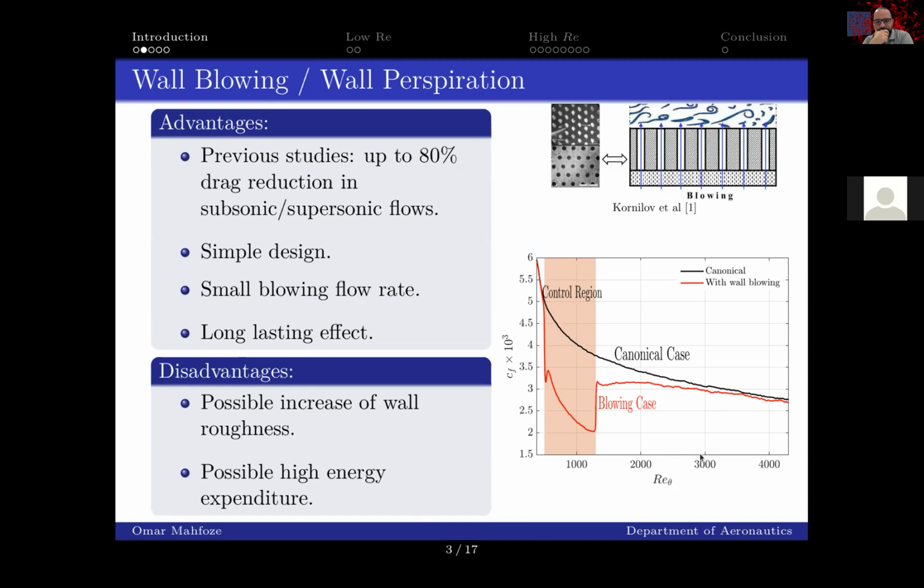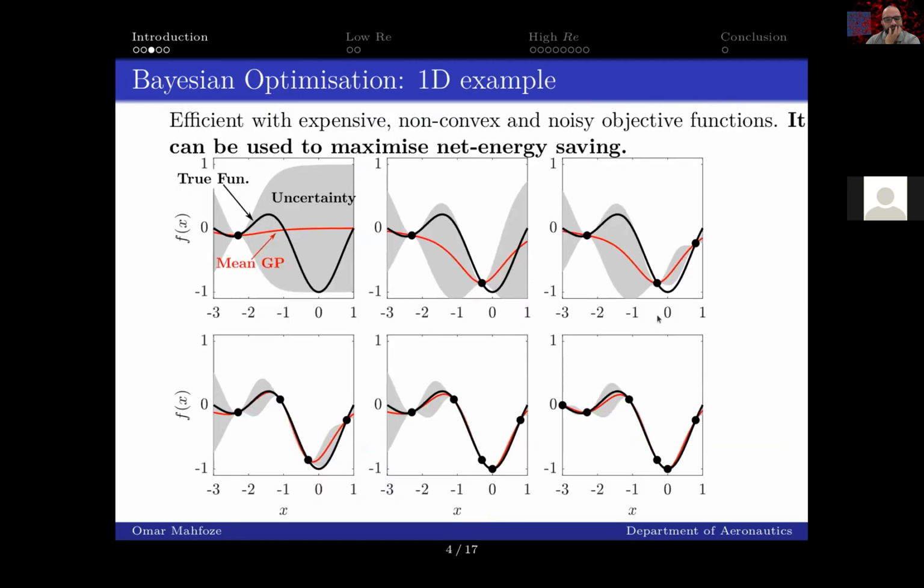So the idea here, which is the focus of our work, is instead of applying the blowing everywhere in the boundary layer, we can apply it intermittently. So apply the blowing here, then wait, apply, wait, apply. So we can make use of this bonus drag reduction that happens after each blowing region. So we try to optimize this distribution of the blowing intensity using